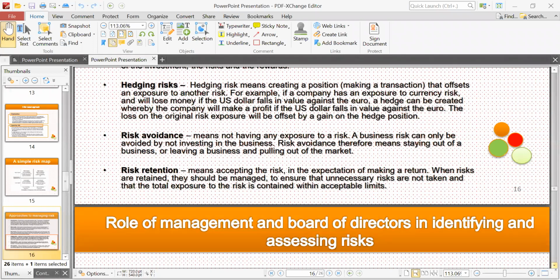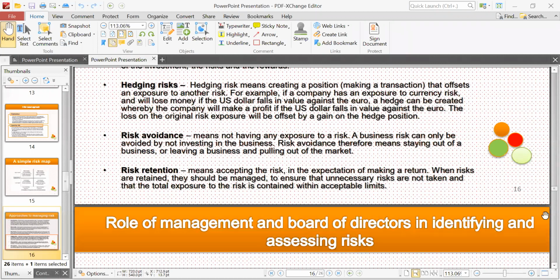Or if you are dealing with a US supplier who supplies goods to you and charges dollars for it, what you do is you enter into an agreement with them to say, hey, let's fix the exchange rates at which I'll buy your goods, so that it doesn't affect me a lot. So when you're hedging, you're protecting yourself against the risk. That's what it essentially means. Does that make sense?